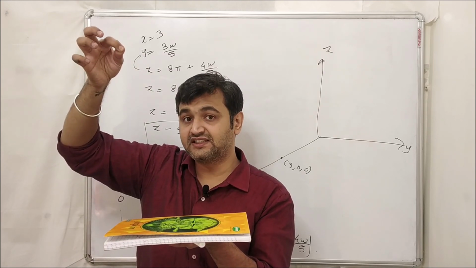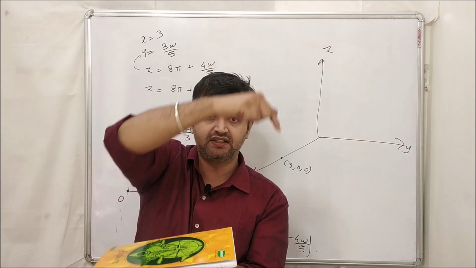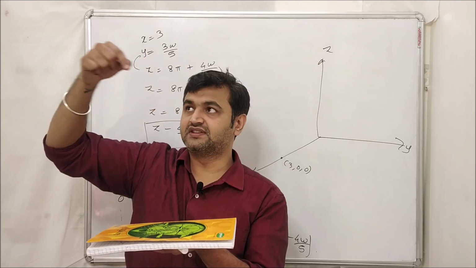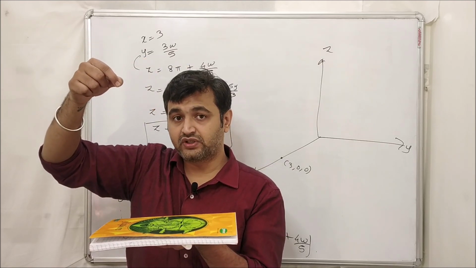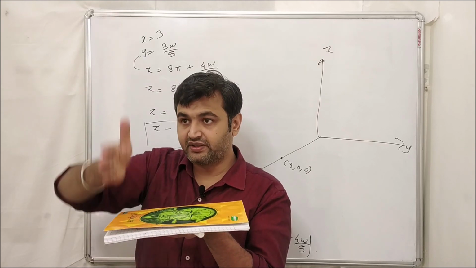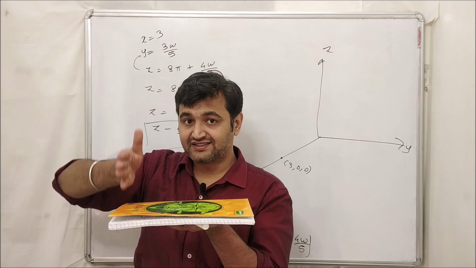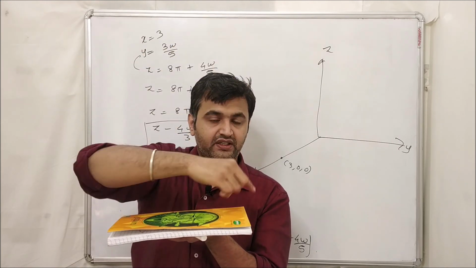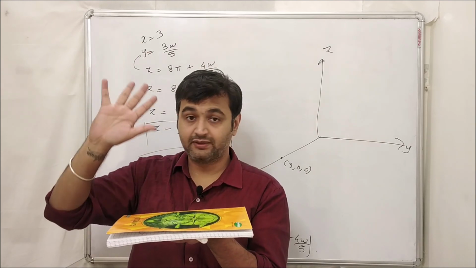So I want to find the tangent at this point. This is the helix, going on, and after the first round, this is the point. Now I know that the tangent line is lying in the x equal to 3 plane. So this is my x equal to 3 plane, and I know that the tangent line will lie in this plane. This is my yz plane. So you draw the line over here in the yz plane, and you simply shift it into the x equal to 3 plane.